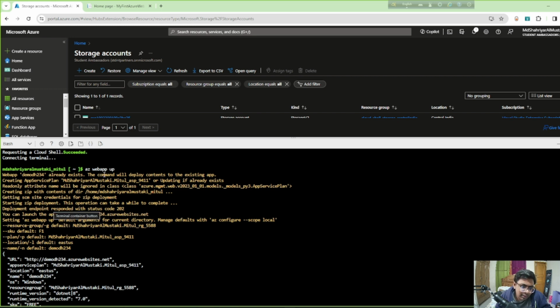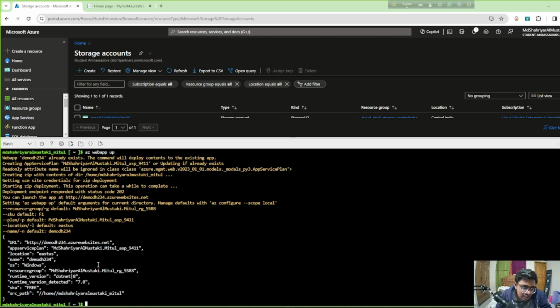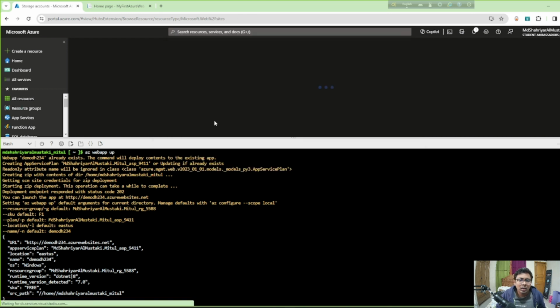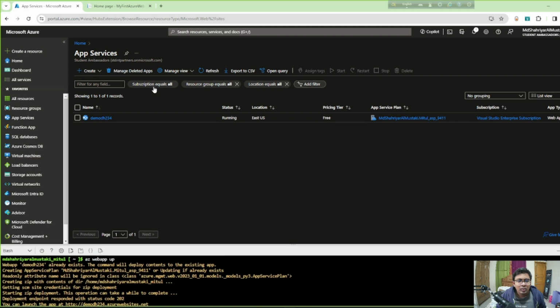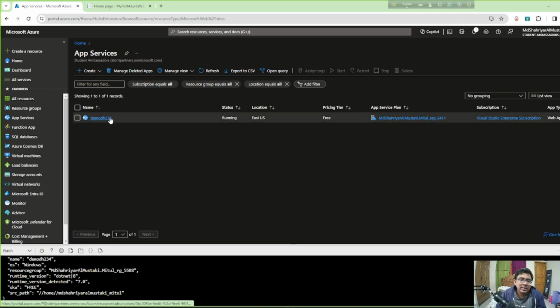So when I pressed az webapp up, it actually mentioned that the web app demo dh234, which I created using the command, already exists. If I had multiple web apps created right now, I would have had to face some issues. But as there was only one, the command deployed content to the existing app. So this command was applied to the existing web app. So things have been changed, and yeah, that's the thing. We have created the app service. Now if we go here to the app services, you can see this is the app we have